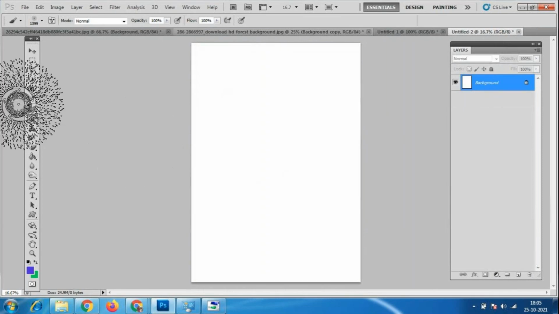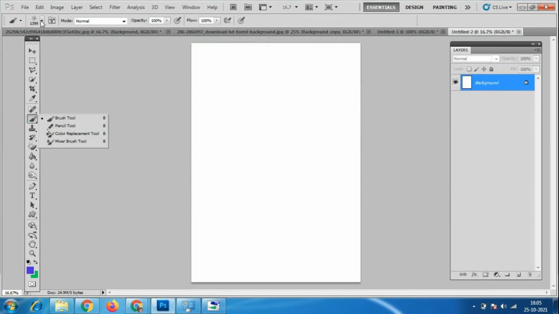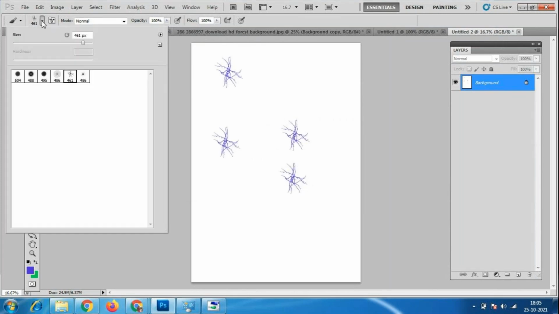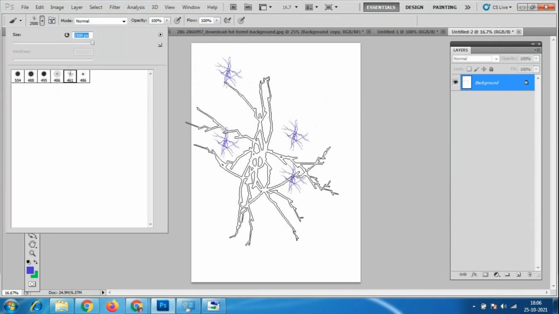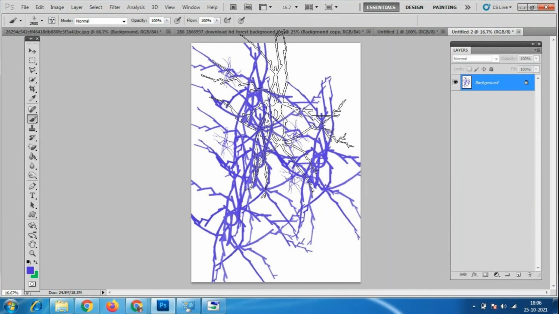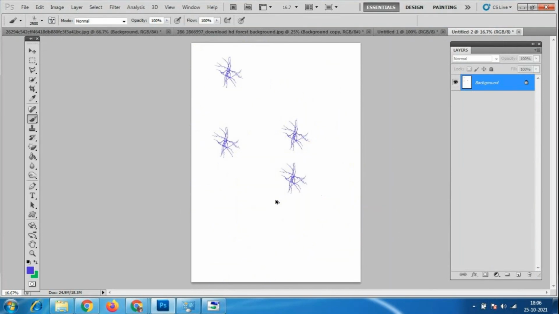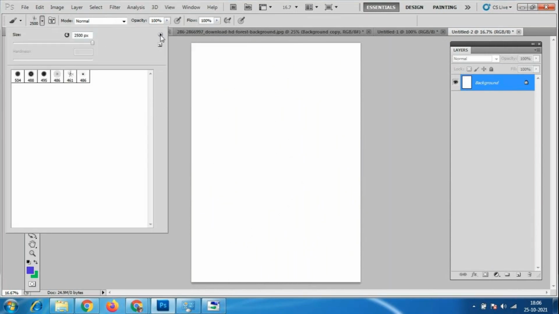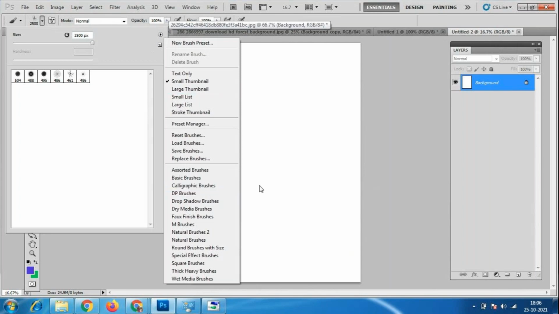Okay, and if we go here, we have this kind of brushes. If I increase the size of this brush completely, you can make it like this. These are very simple brushes. These are the brushes which are already in Photoshop. We can download so many brushes, the plugins you will get on the internet, like sparkle brushes, fog brushes, or water splash kinds of brushes, which we used to get.